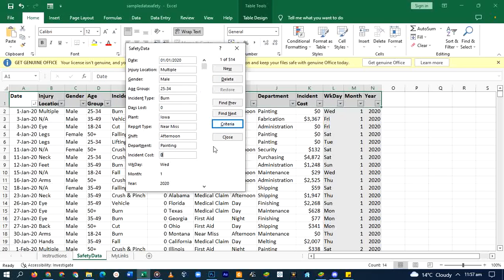There's also another special way to find data faster. We use the criteria button. When you click on the criteria button, it pretty much removes everything and gives you an opportunity to search the data. So we are going to search by date. I'm looking for a record that happened on 11th January. So we are going to say 11 slash 01 slash